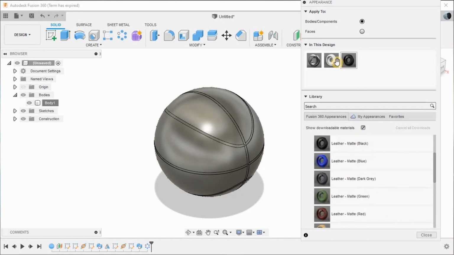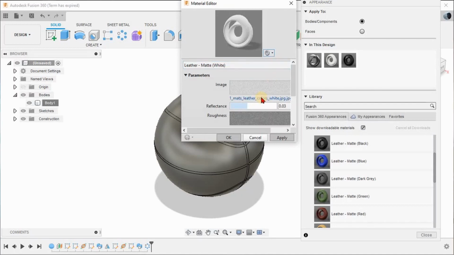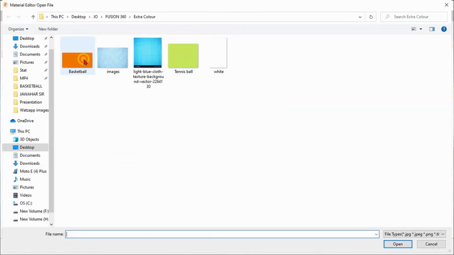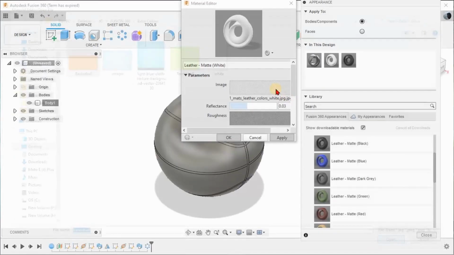Two things. Now you have to edit this white color and give advanced edit, and change the color of that white leather to an orange leather. These backgrounds have been directly downloaded, so just drop down to any one of the folders, open it and apply it here.